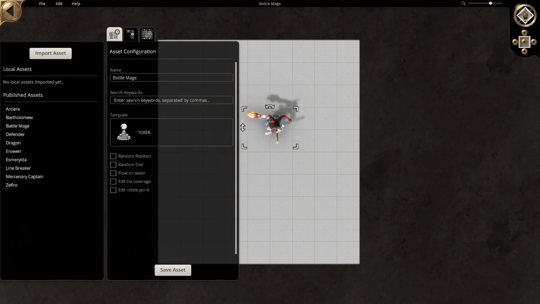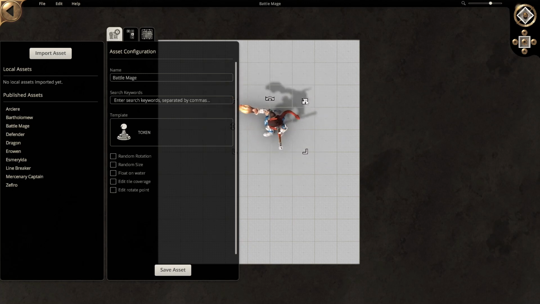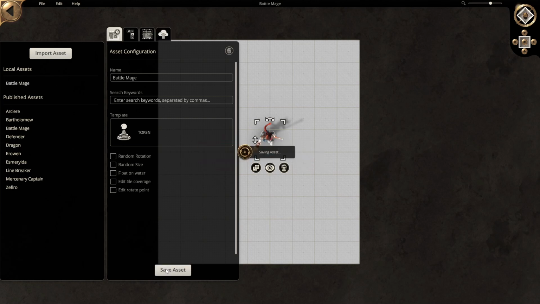So you have to understand that when you import in a map, it results in something too big for maybe a dungeon or a castle, every room that you create. So I think that 2 square, almost 2 square, is quite enough. I think so. You can turn it if you want, and then you just need to click here on Save Assets,